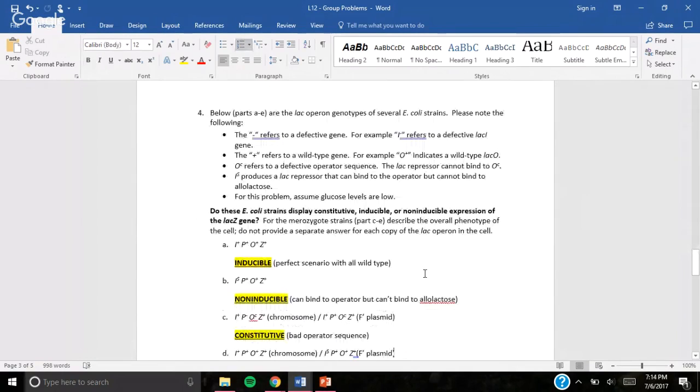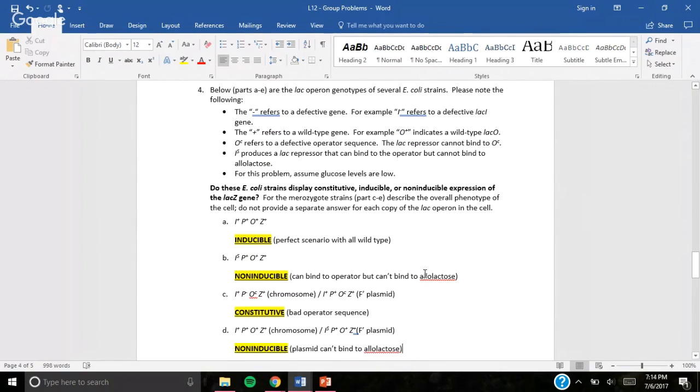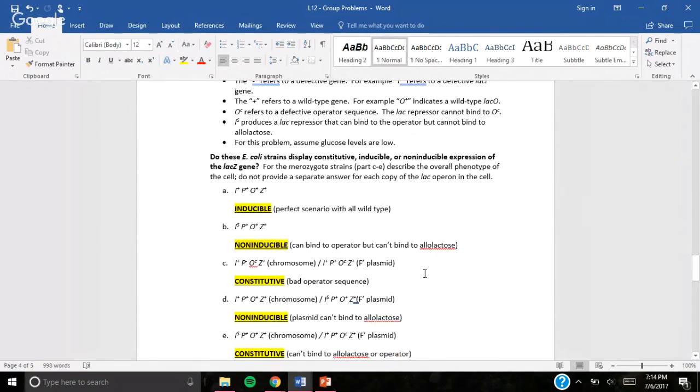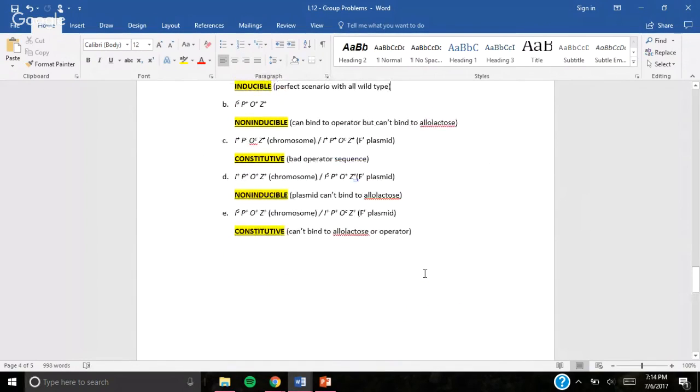4 is also a little confusing. You have the different genotypes of different E. coli strains, and you have to say whether they're inducible, constitutive, I'll call it, or non-inducible. And so for A, we put that they're inducible. Since they were all the wild type, it was the perfect scenario. For B, non-inducible,